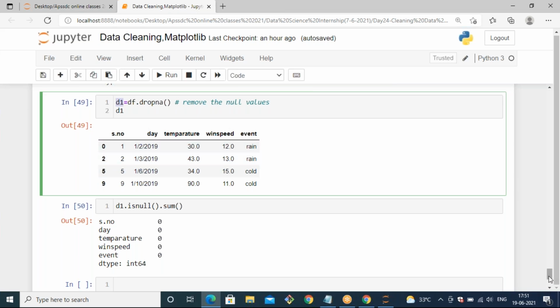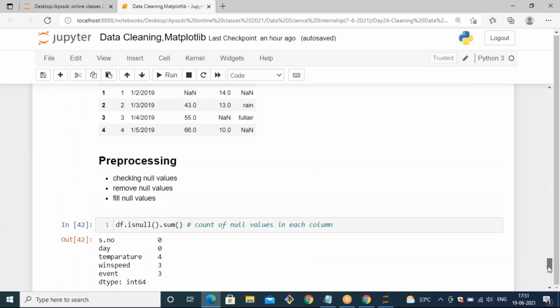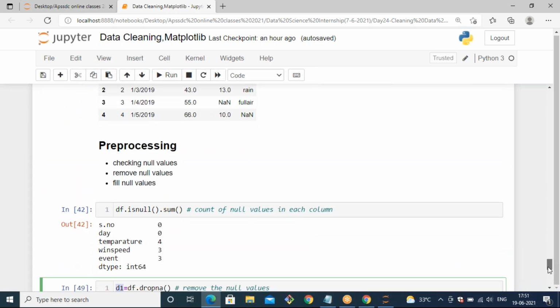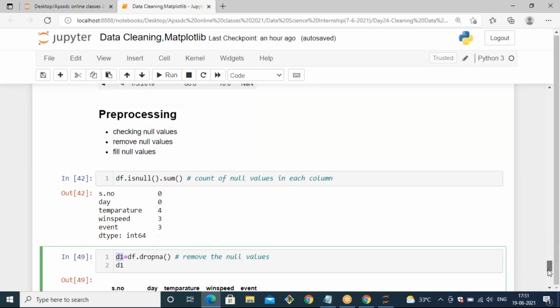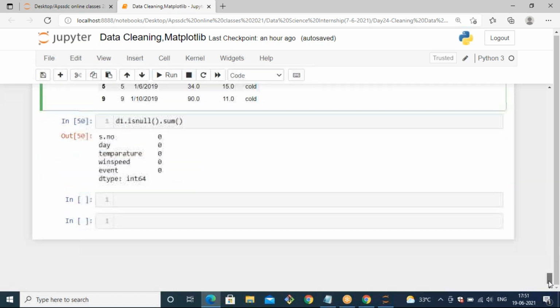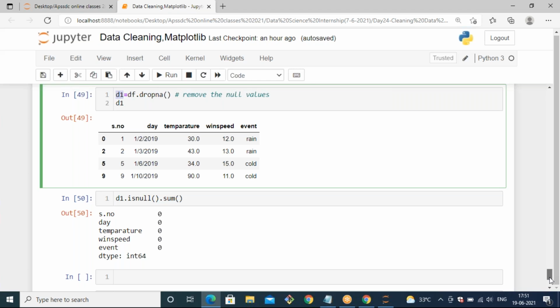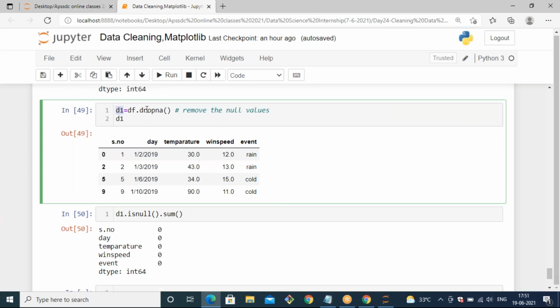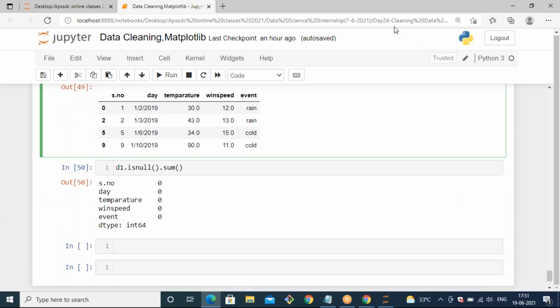But I want to show you fillna and all the methods. For that, the data should contain some null values. So I'm not changing and not reflecting the changes in the main data set. I'm just taking a new variable, d1, to observe the changes. Okay. Am I clear, students, up to this?